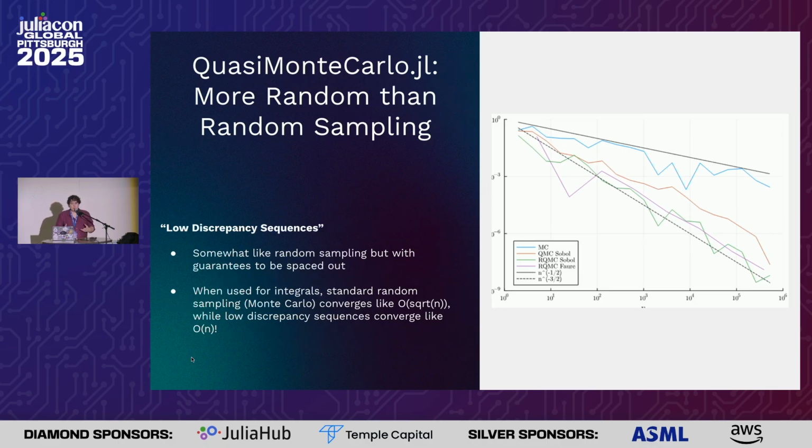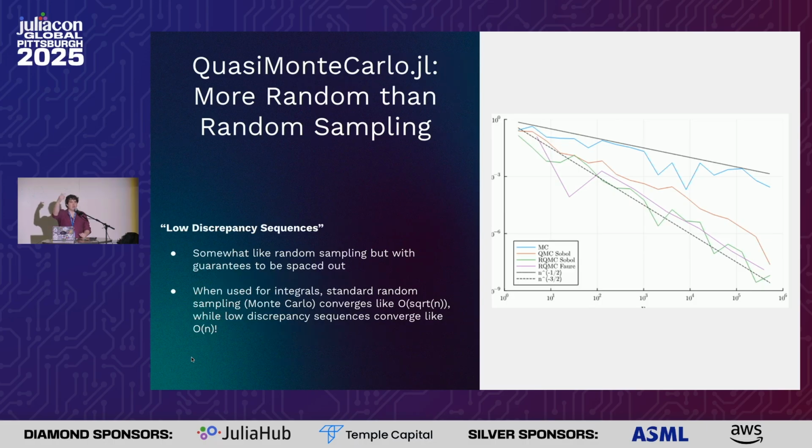Is there any real benefit? There's a benefit that can be shown in the numerical integration literature. One way to perform numerical quadrature on high dimensional functions is to randomly sample points and see whether they're in the domain of the integral or out of it, and you can prove that this converges like O of square root of n. It turns out that if you use these techniques, called low discrepancy sequences,